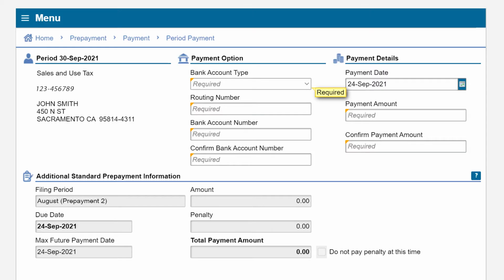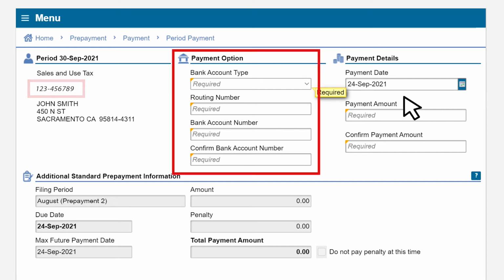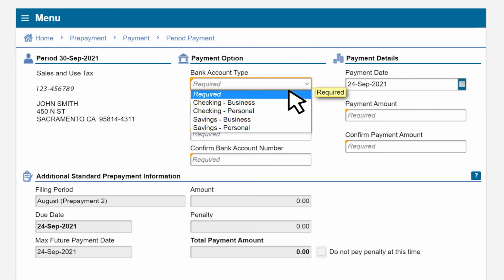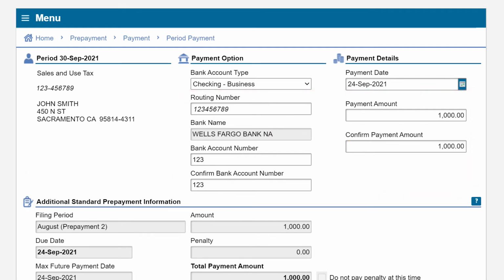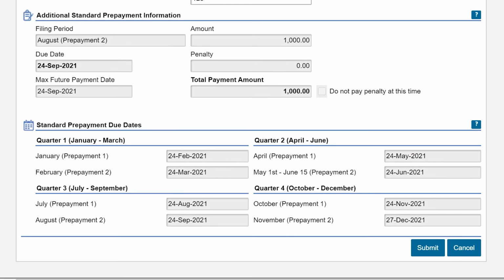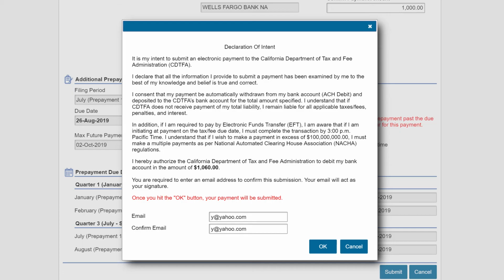Now you'll be taken to the Period Payment page, where your account number will be listed, and you'll have a drop-down to choose the bank account type. This is where you enter the banking information and payment amount. Next, review your payment information, and if everything is correct, click Submit, and you'll be at the Declaration of Intent